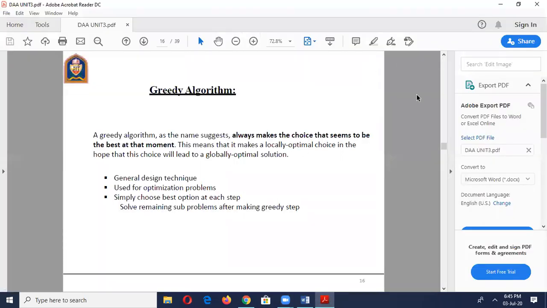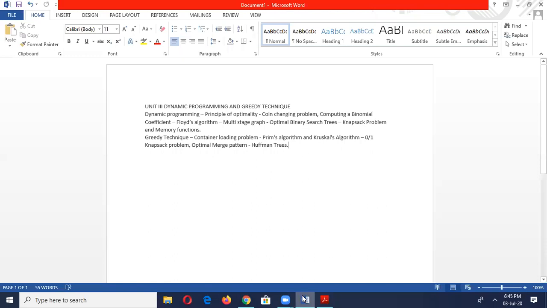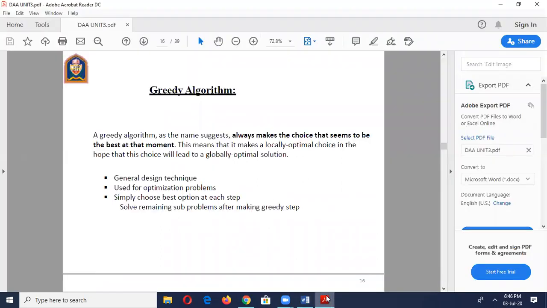Okay, now correctly, the greedy algorithm. In this unit totally, in the greedy technique, Prim's, Kruskal's and knapsack. Coming to dynamic programming, two questions: Floyd's algorithm and knapsack. This webinar will see about the greedy algorithm and the basic techniques. It will be continued by Dhanlakshmi now. Okay, you can start now.